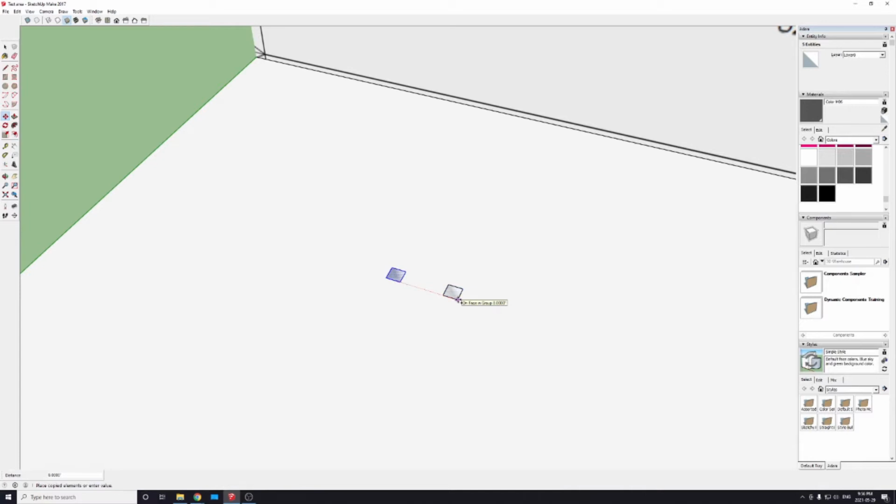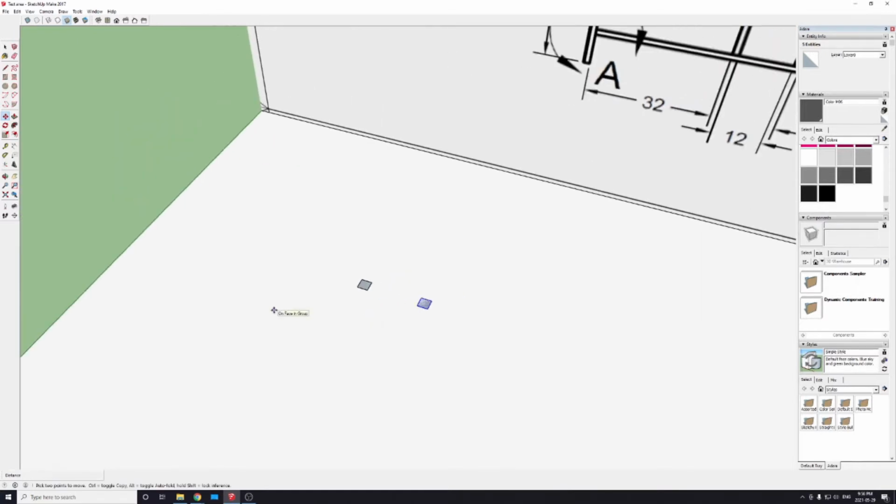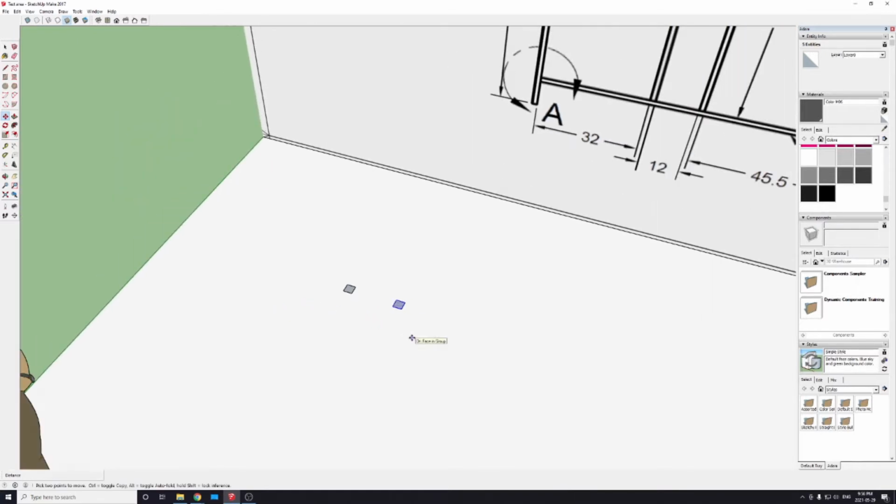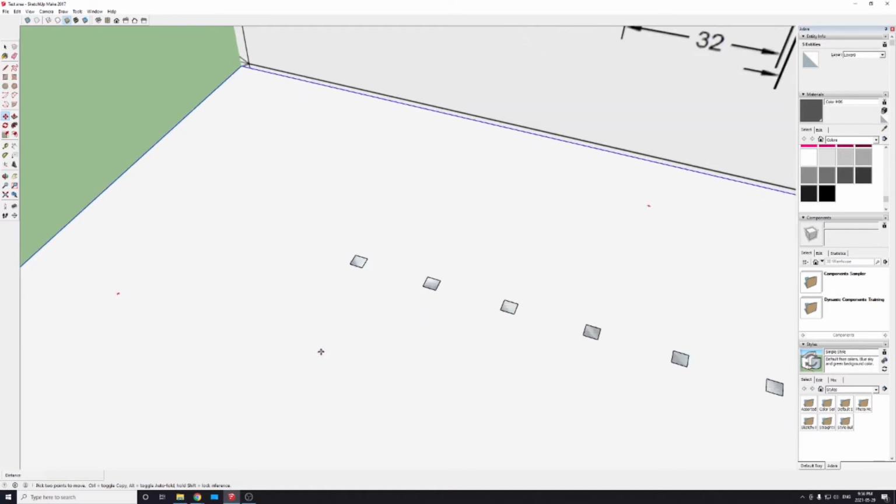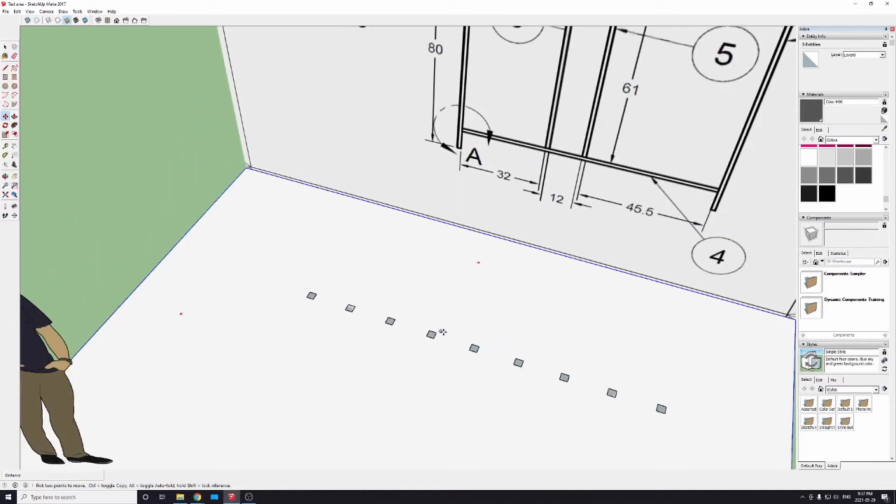So I'm going to hit the Control key once more, and that's going to give me a copy. I'm just going to move it along the red axis, and I'll click it somewhere, doesn't matter where. I'm going to left click once. Now here's a cool trick. If I hit the X key, and however many versions of this I want, I'm going to go 8, and then hit enter. It's going to create 8 copies of what I just